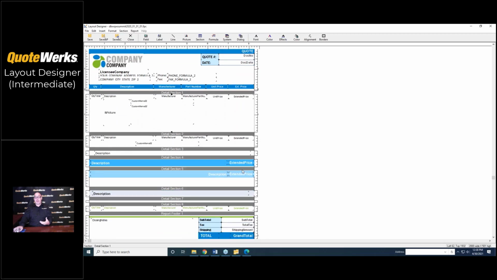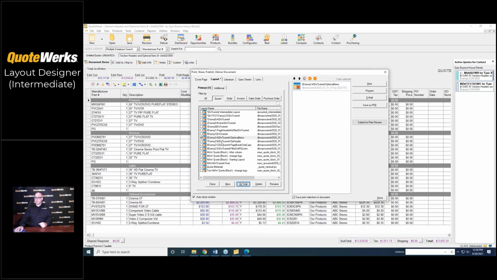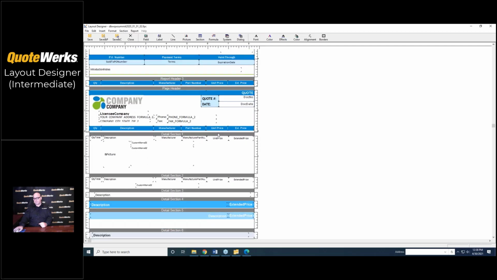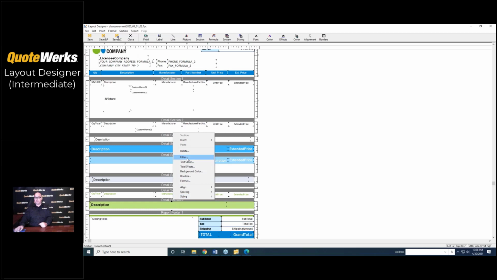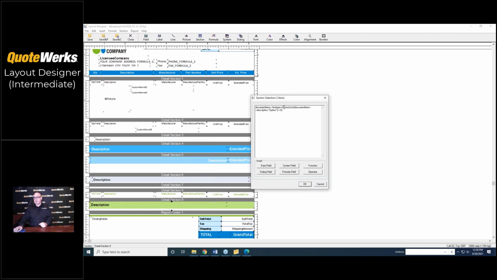So what I want to do now is create that heading for those optional items, and I also want to make that green. So it's going to be handled differently than my standard section headings. So we'll go ahead and take a look at that layout here. In my detail section 9, I've got it set up with my filter. If it is line type 32, which again is that section heading, and